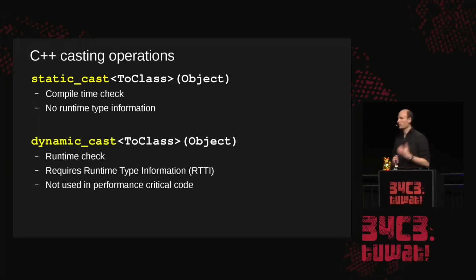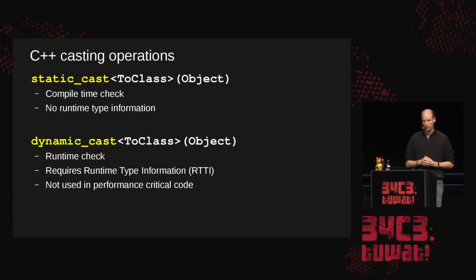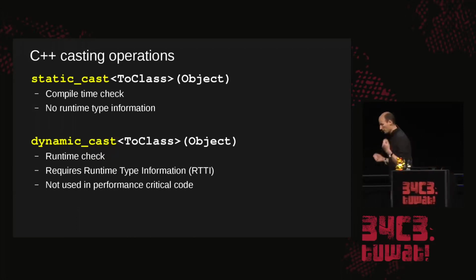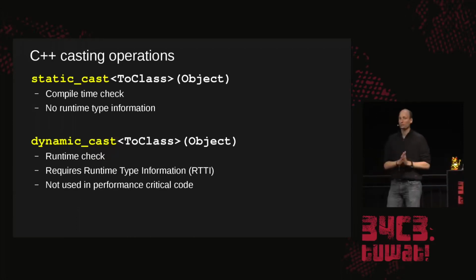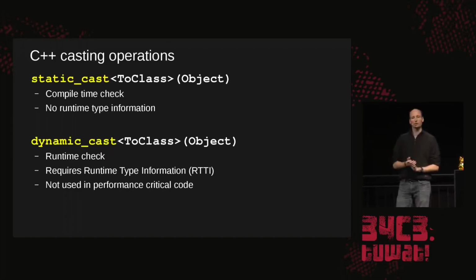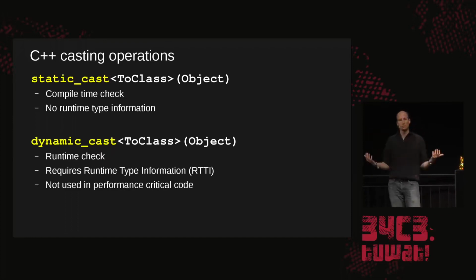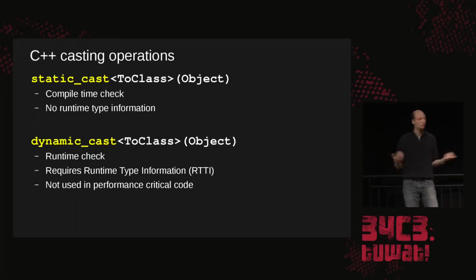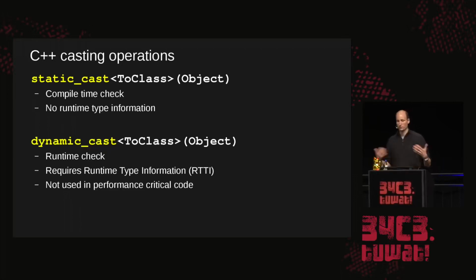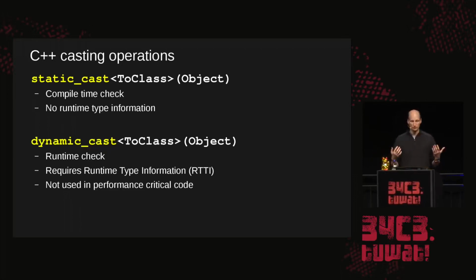The advantage is a static cast is very, very fast. The disadvantage is it doesn't do anything except for doing a feasibility check at compile time. So what a static cast actually does is tell the compiler, please check if there is a path from the current type to the target type. And if there's any path in the class hierarchy that goes from the source type to the target type, then the cast is actually allowed. And it doesn't need any runtime information. It doesn't introduce any overhead, which is great for performance, but it doesn't give you any security guarantees.